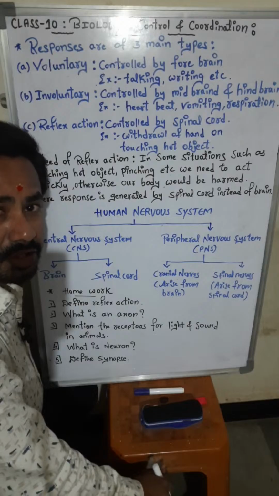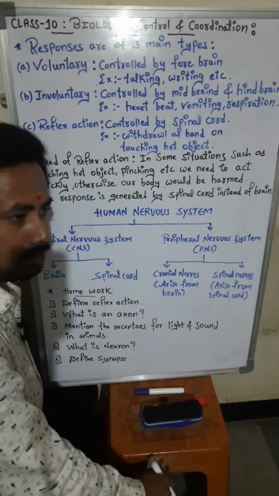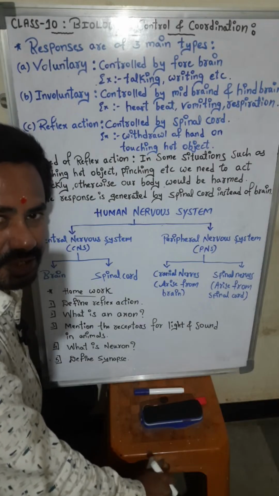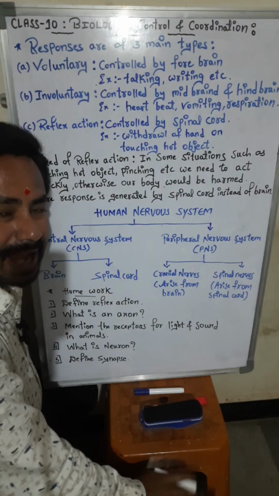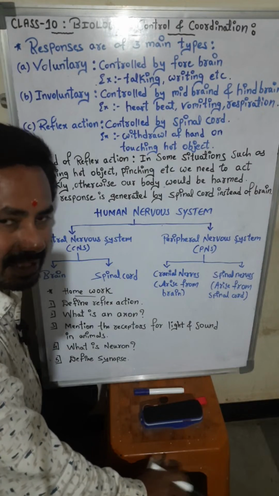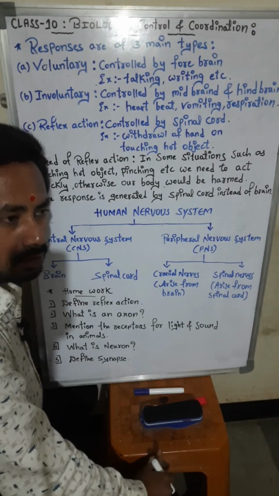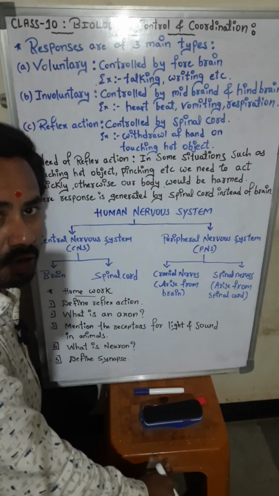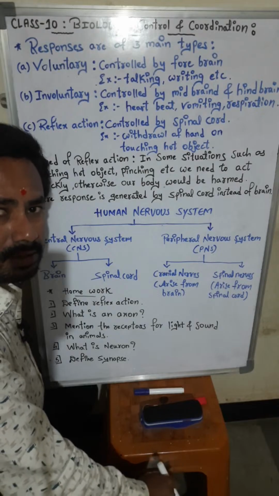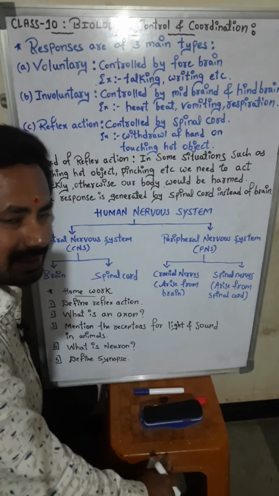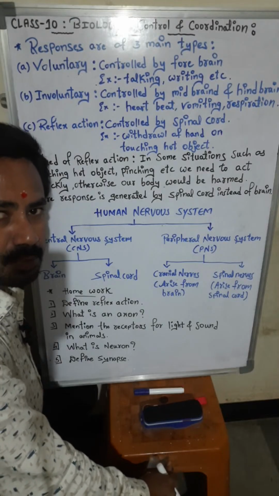This is the third session of control and coordination. In the first session we studied the concept map, and in the second session we also studied reflex action and reflex arc. Who will control reflex actions? The spinal cord, as already we have studied. In a sudden quick response, the brain will not take immediate action. In an immediate situation with a quick response, the spinal cord is responsible, students.